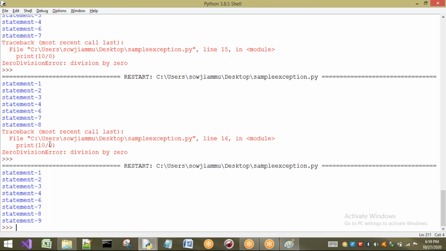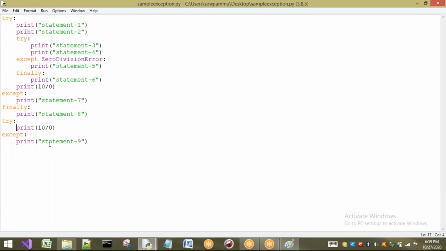These are the different cases that we can have for the nested try. This is the flow we can see. In the next session, we will see how to create our own exception, and the different try, except, else, finally blocks: when we have to take else, when we have to take an except block, how many finally blocks can be there, how many except blocks and how many else blocks can be there for a single try. All these remaining concepts will be seen in our next session.